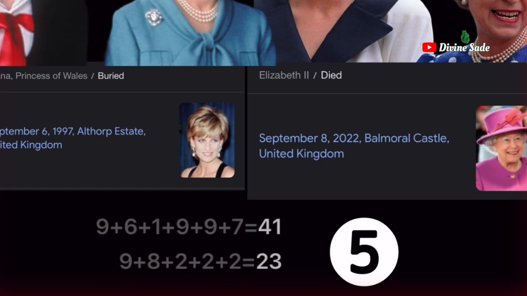What is the chances of that? Right next to each other. What is the chances of that? Now, yeah, Diana didn't die on September 6th, but we see that they purposely put her burial date near a